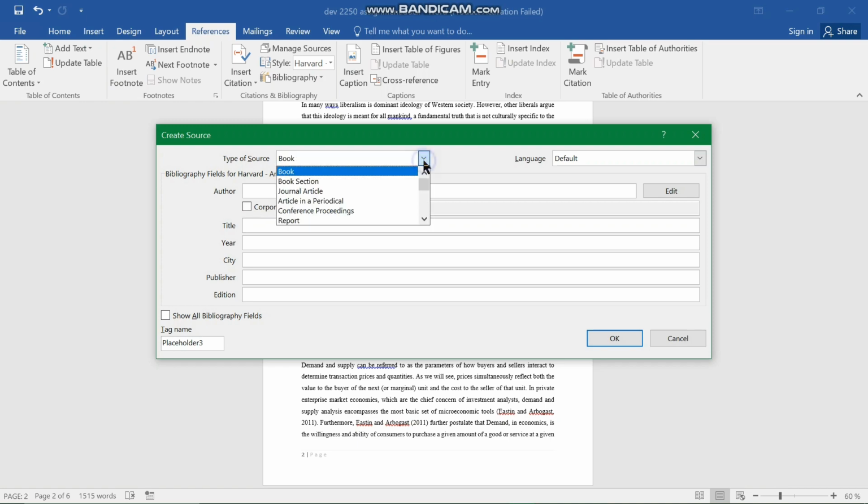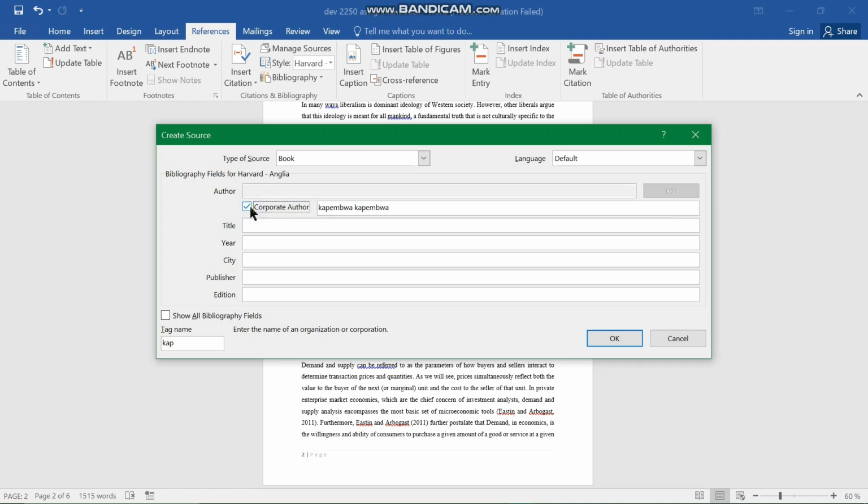So if the source where you're citing your idea from is a book, a book section, journal, it can be videos, audio, anything, you are going to select it. So we are going to select book, and the author of the book, we are going to set the author of the book as... and then if your book does not have an original author, it has a corporate author, you might as well just click on it, and as you can see, the name of the corporate author will show up. So we are just going to keep it that way. And the title of the book, we are going to put in the title of the book. So we're going to say